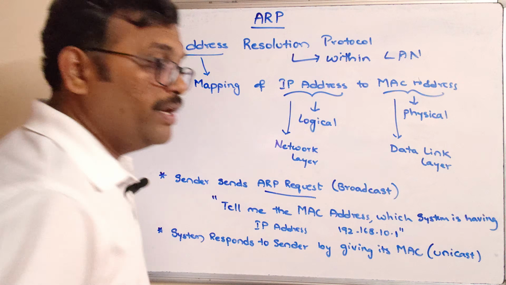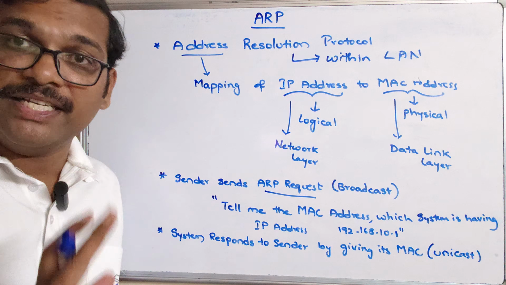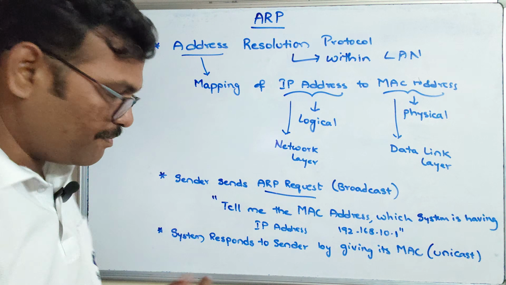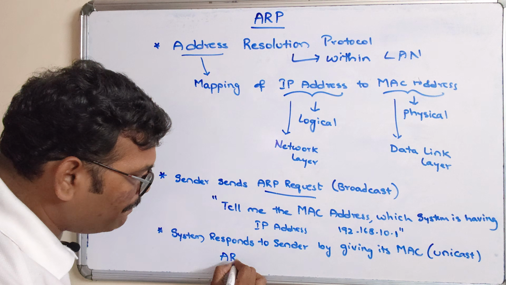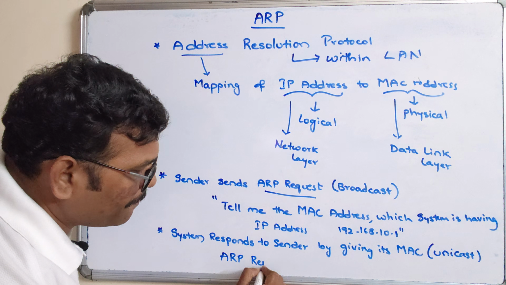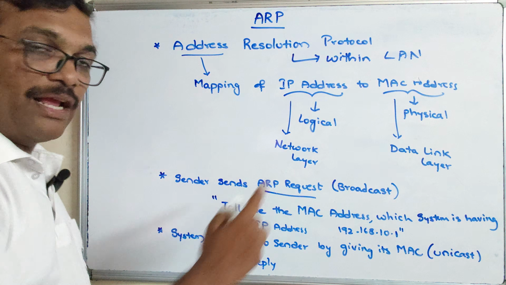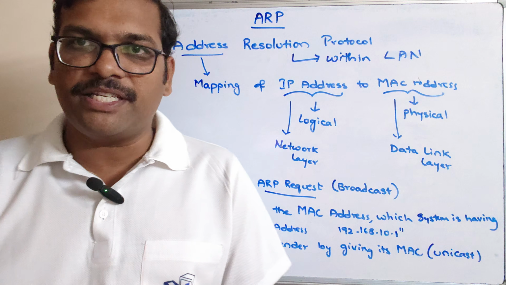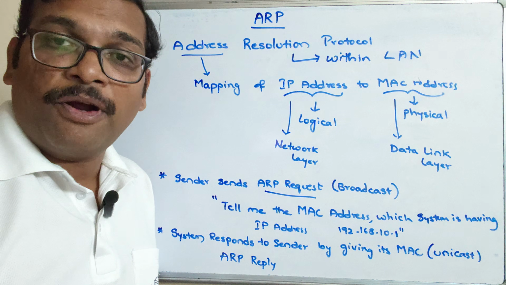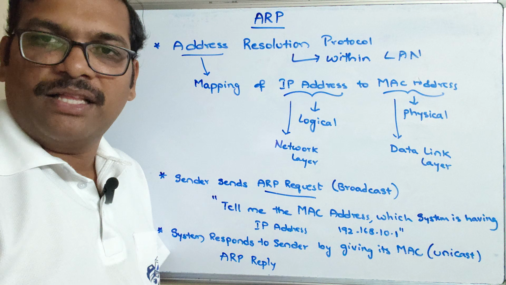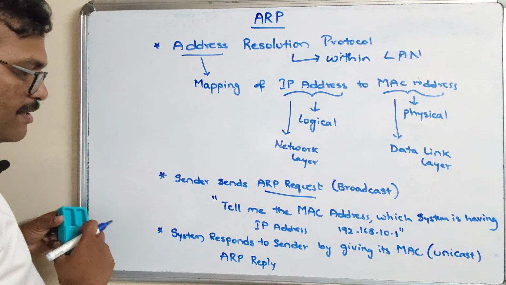This is a unicast. That means it will send only one message to the sender. So here this is called an ARP reply. So first one is an ARP request. ARP request is a broadcast message, and ARP reply is a unicast message. So it will respond to the message which was sent by the sender. Next